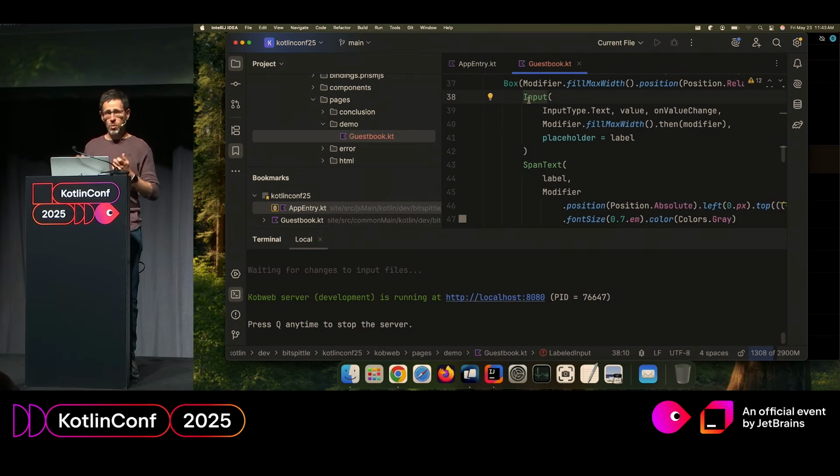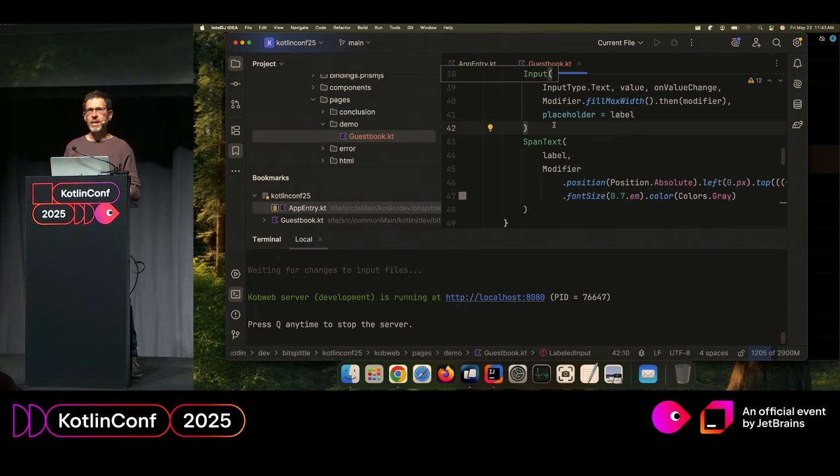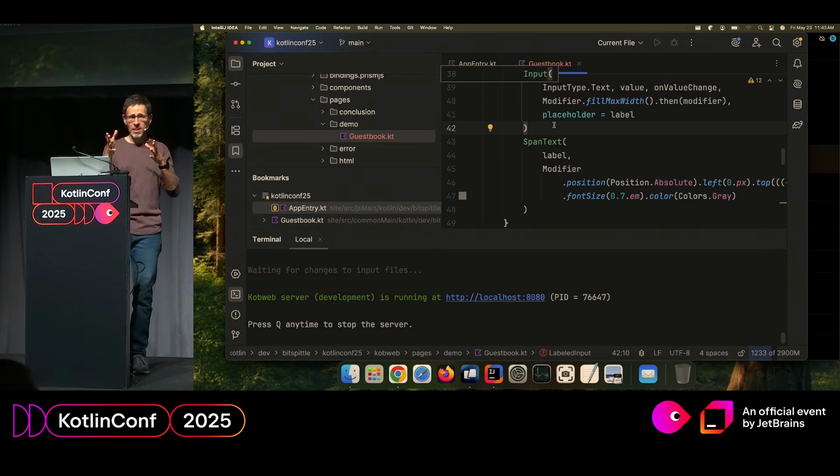We have input here, which is actually a Silk widget. You can tell because it takes a modifier directly. There's no attributes. And then the other thing I want to say is when you use raw text, there's a text function from Compose HTML, and that just basically does not put an HTML element into your page. It puts raw text. And you can't style raw text directly. You can only style